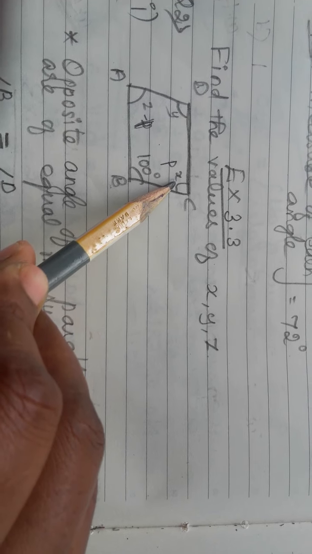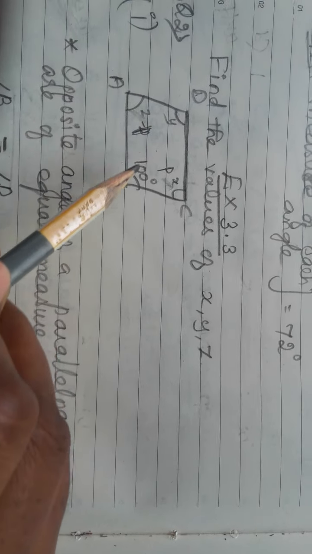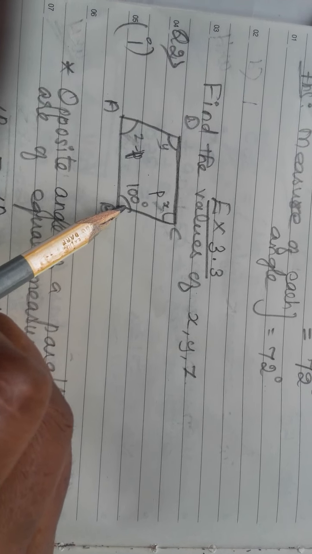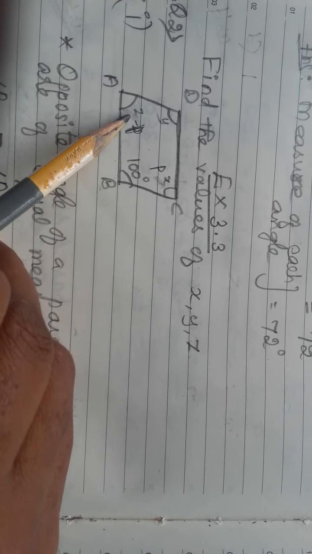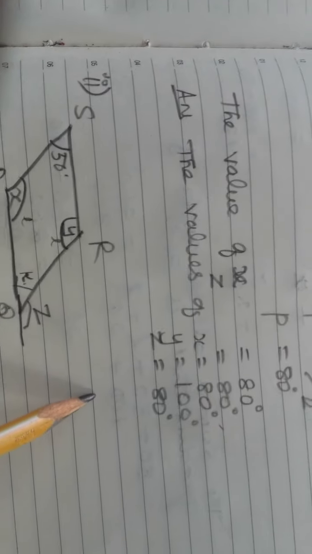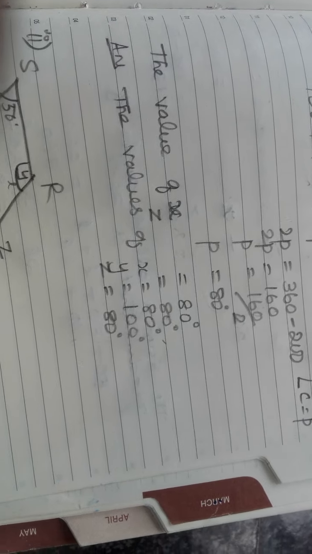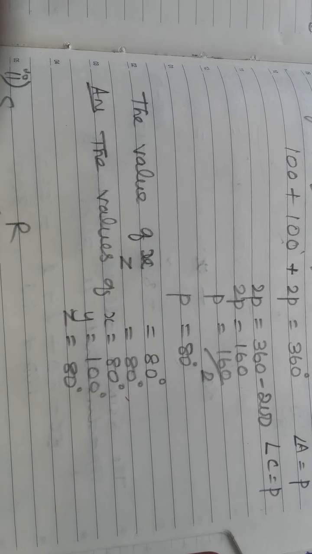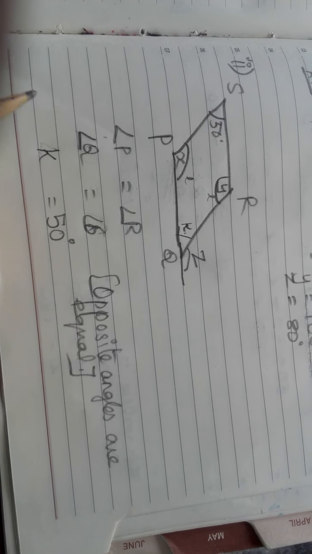See this diagram now. This is the value of x. And this is the value of z. Already we found the value y is equal to 100. Now this value of x and z is 80 degree. This is the way to find out the answers. Like this diagram, using properties we have to find out the values. Now move to the next figure.